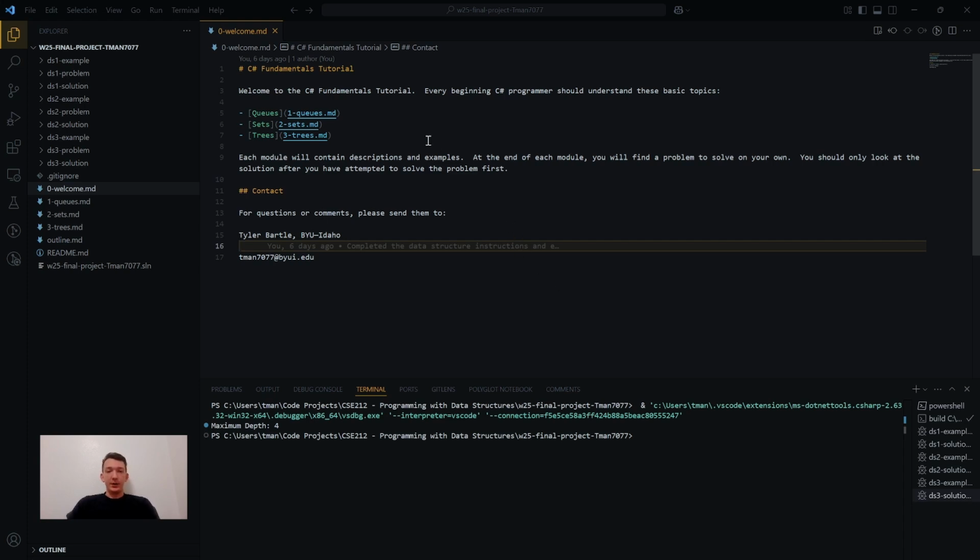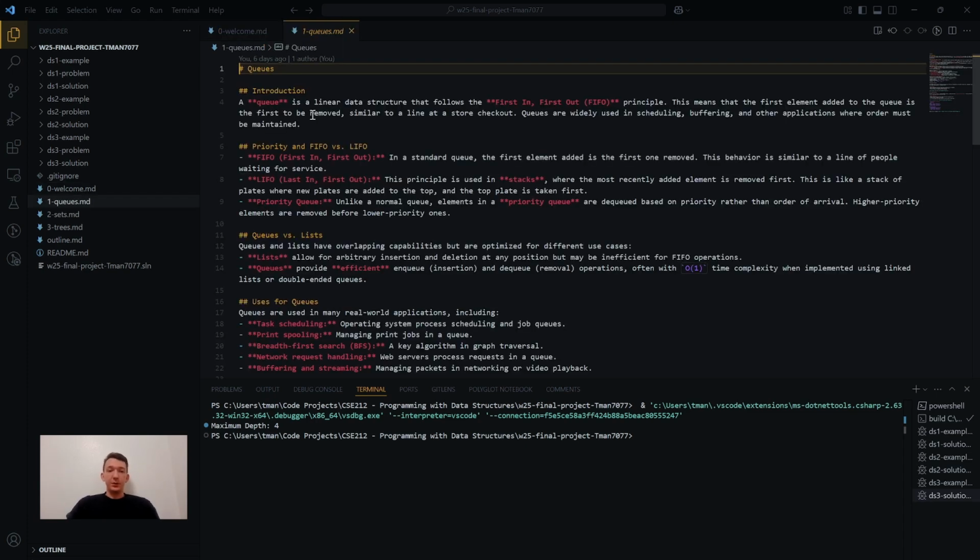So, in C Sharp, there are three data structures that I find to be important. There are many more, but these are the three that I wanted to go over. So, the first one is queues, second one is sets, and the third one is trees. So, for queues,